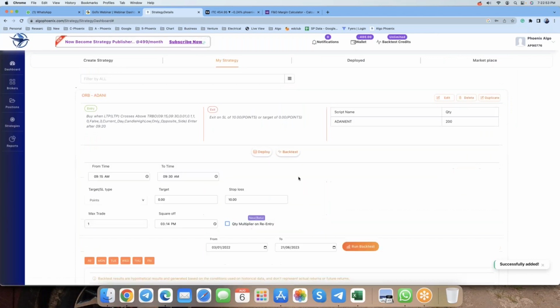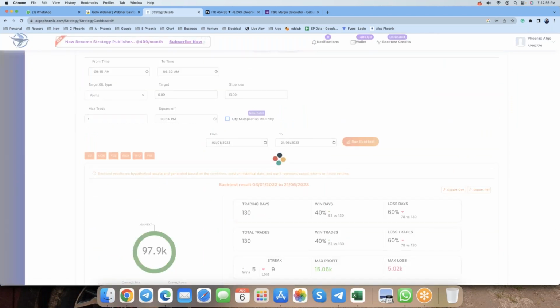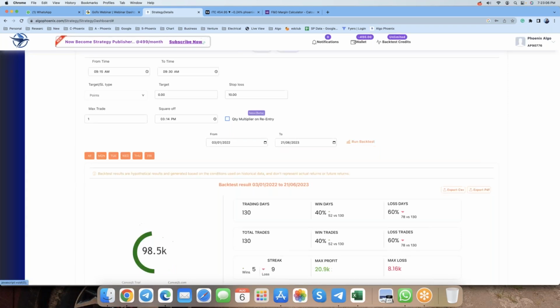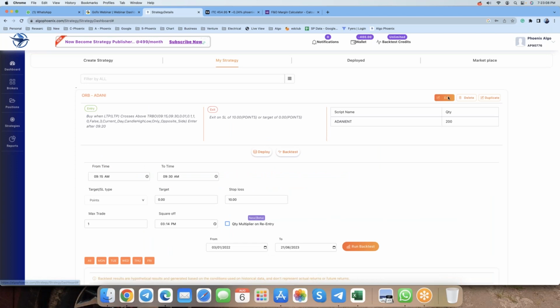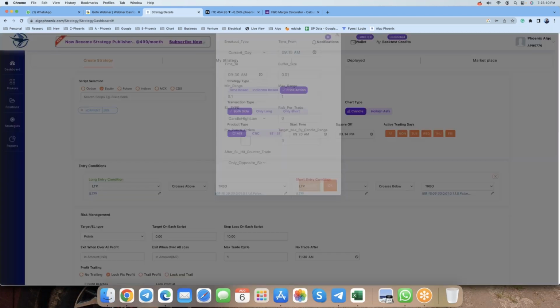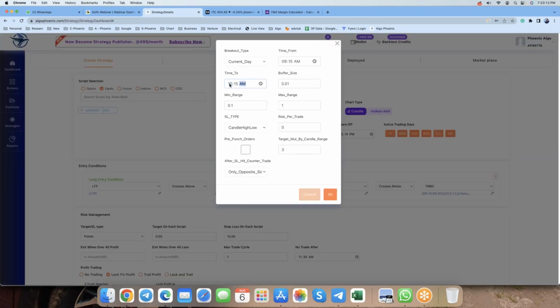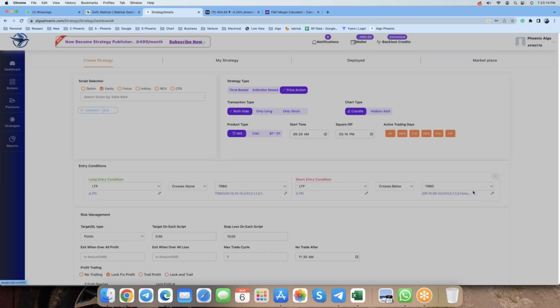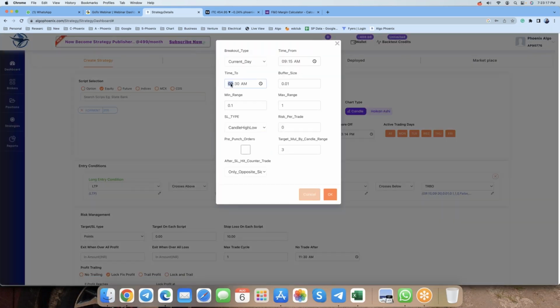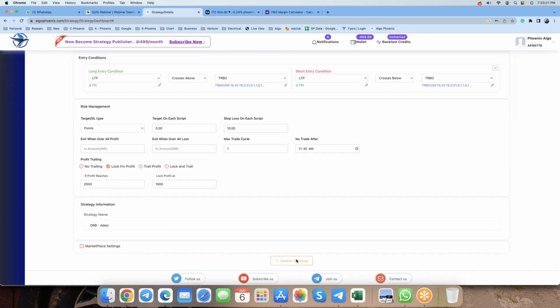Now, I kept a range of 9:15 to 9:30. What I can do is change the range and check whether it gives a profitable result or not. We will test that also. Instead of 9:15 to 9:30, we can go to a range of 9:15 to 10:15 a.m. We will try if this range is favorable. The first one-hour candle is what